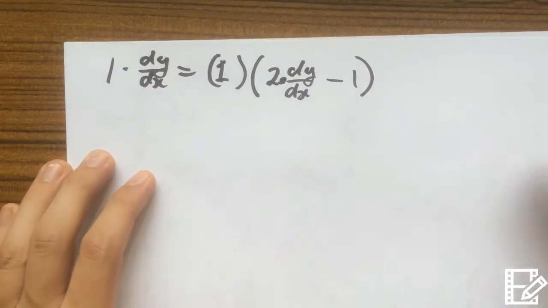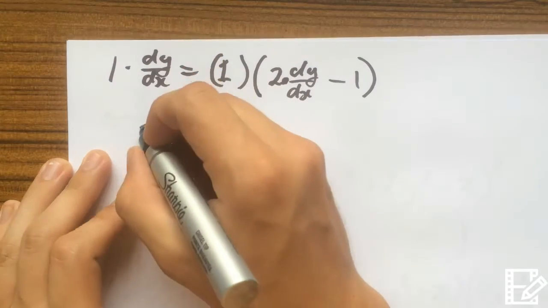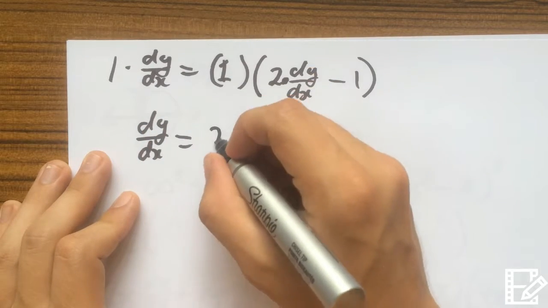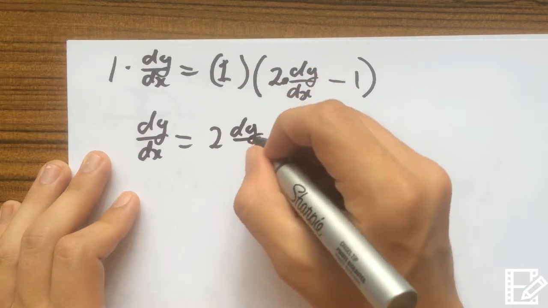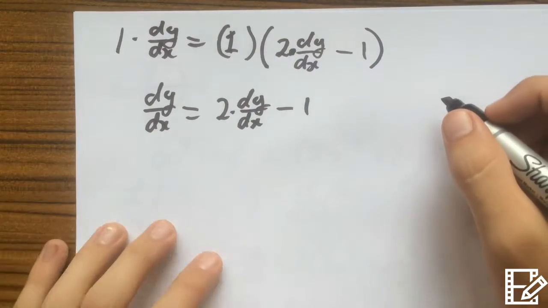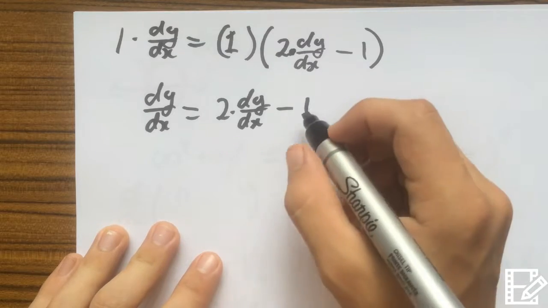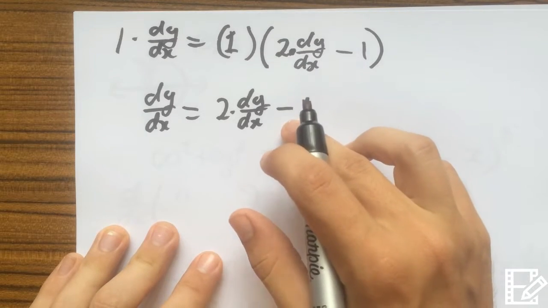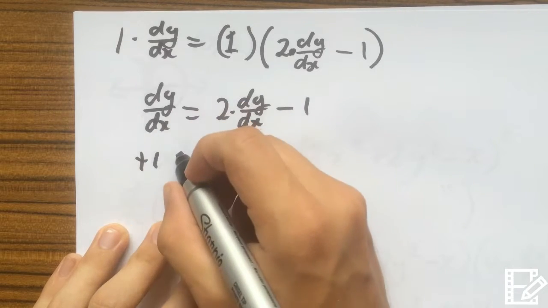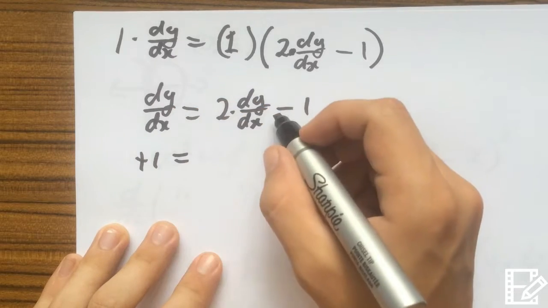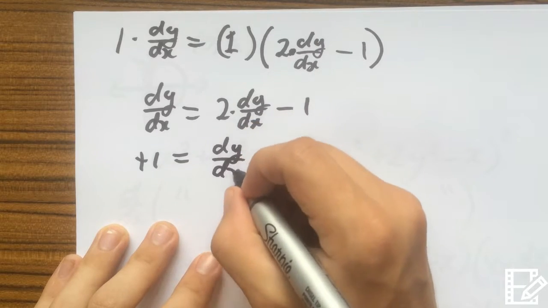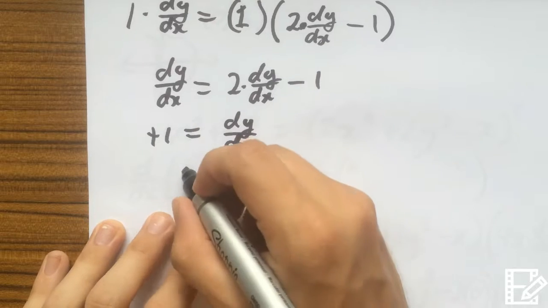Okay, so here we have dy/dx equals 1 times 2 dy/dx. 1 times negative 1, that's just negative 1. So what I'm going to do is bring this over to that side and make it a positive 1. And then I'm going to subtract dy/dx on this side, which will make it just dy/dx. Therefore, dy/dx